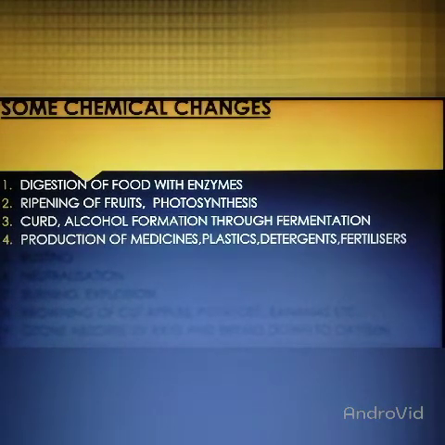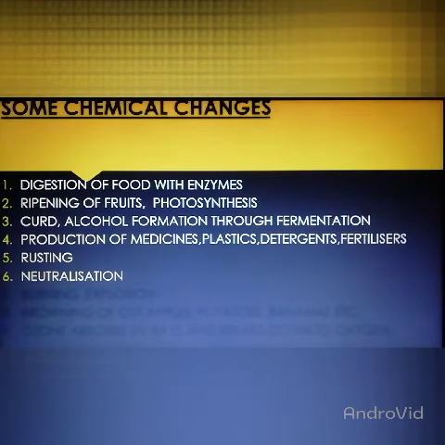Now, the production of medicines involves a series of chemical reactions, after which we get a medicine, right? So medicines, plastics, formation of detergents, fertilizers, all these are results of chemical changes. Now, during rusting, what happens? Iron combines with water or water vapor and oxygen to form iron oxide or ferric oxide. So since new substances are formed, rusting is a chemical change.